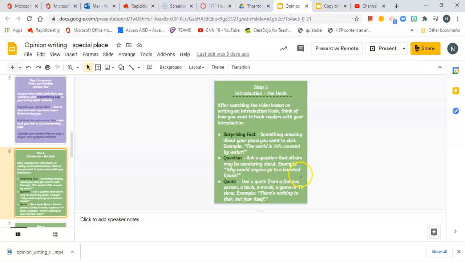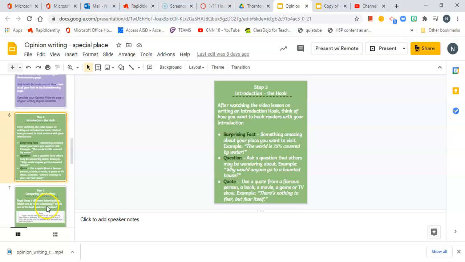Why would anyone go to a haunted house? That's a question. Or you can include a quote from a famous person, book, a movie, a game, or a TV show. Just a quote is you're saying what somebody else has said before. There's nothing to fear but fear itself. And so you can introduce your introduction this way. I'm going to use a question when I do mine.